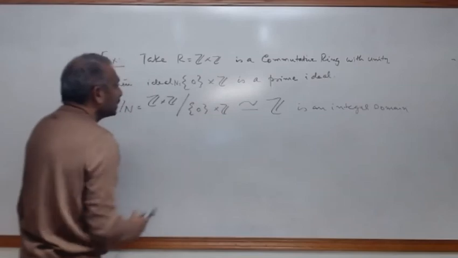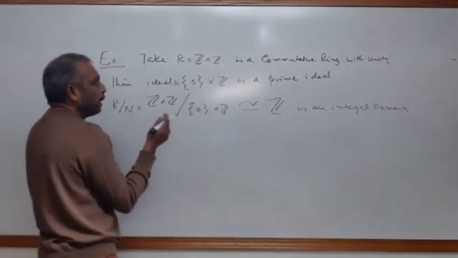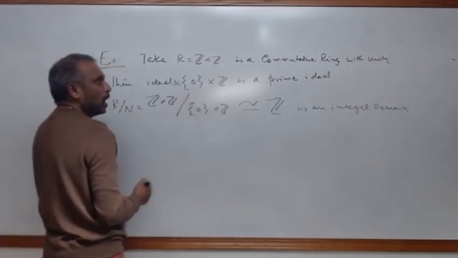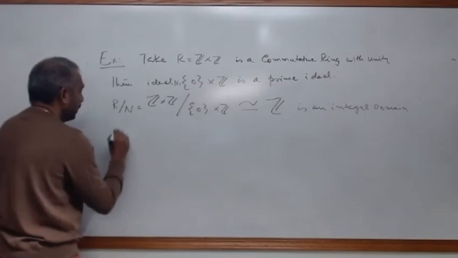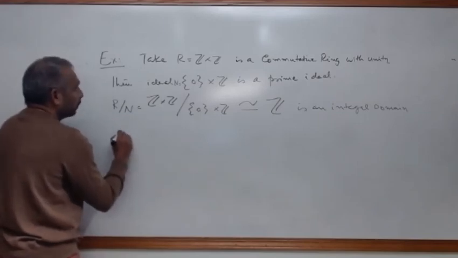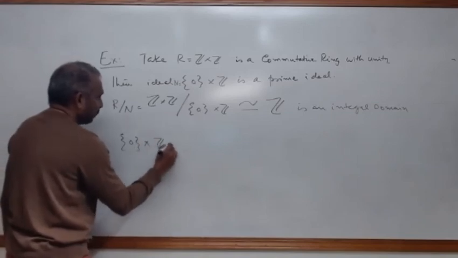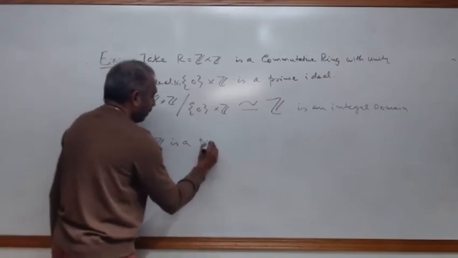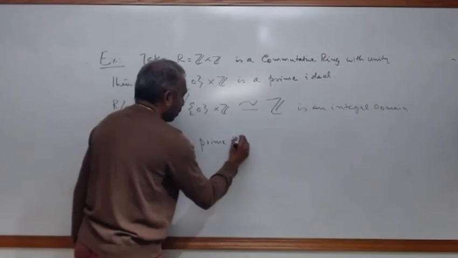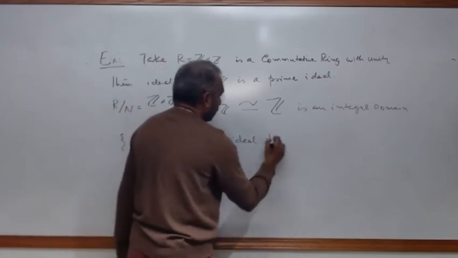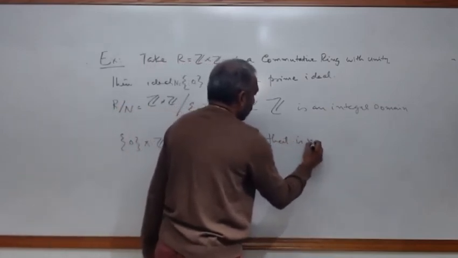So this is an example of a prime ideal which is not a maximal ideal. So here 0 cross Z is a prime ideal that is not